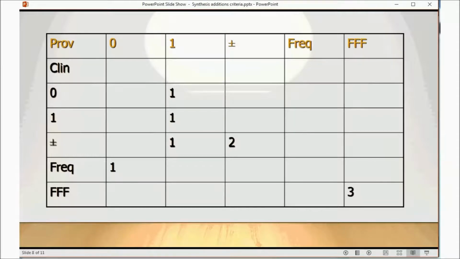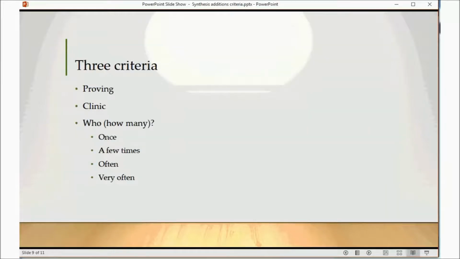Now, a lot of discussion has taken place about the degree, and this is the last slide that I will show you. It has led me to the idea that we must not only have the presence of symptoms improving as a criterion, not only the confirmation of the symptom in the clinic, but also who made the proving or the cure of the patient, or rather how many. We have 3 criteria. If we look at all the discussions, and from the table I will show you in a minute, you will understand.